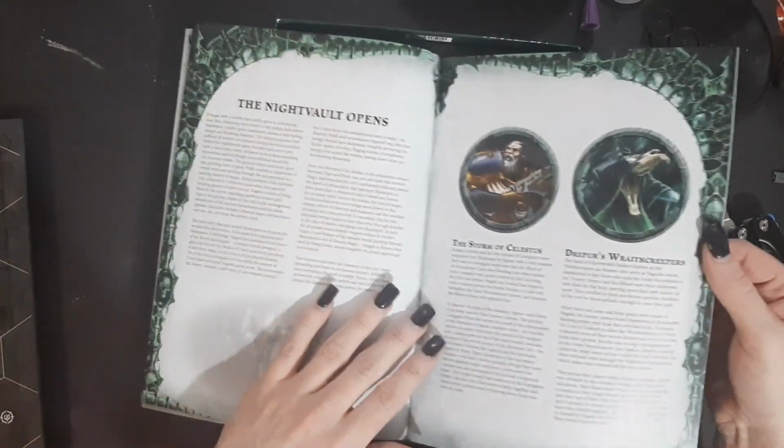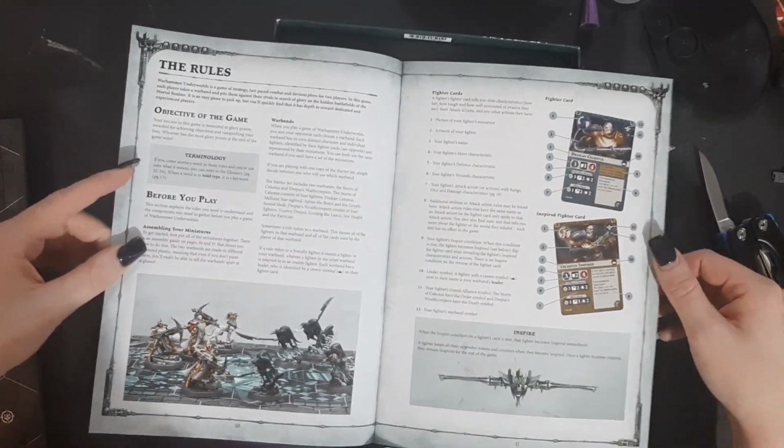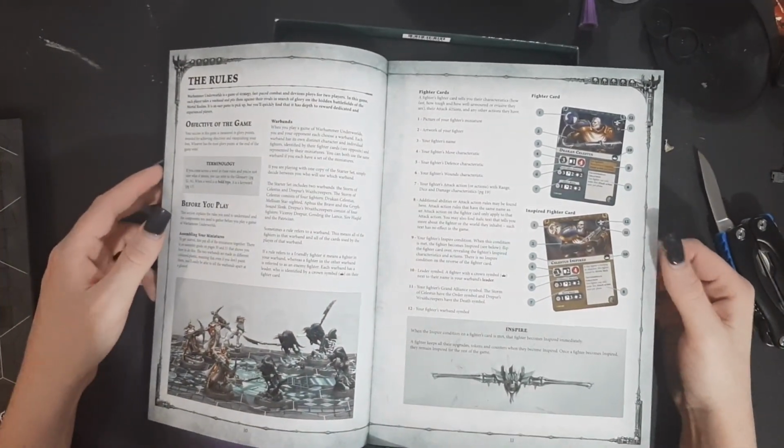A lot of it is, in typical 40K fashion, a lot of it is lore. And then we actually have the rules. So it breaks down what the cards are and how you use them and how they get inspired or injured. And it's like any other